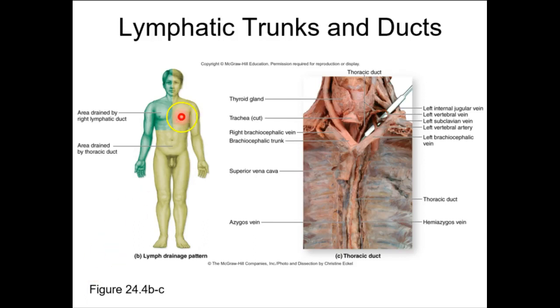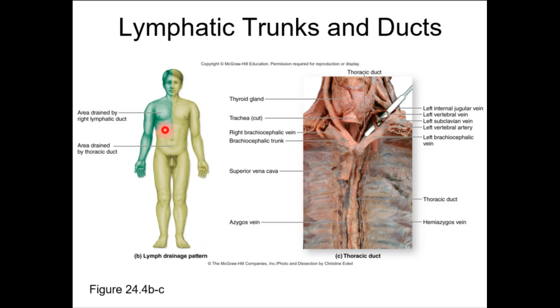Now, one reason that you have a big old thoracic duct and a right lymphatic duct, which is smaller on the right, is that lymphatic drainage is not symmetrical. You actually have 3/4 of your body draining through that thoracic duct, and the remaining quarter is drained by the right lymphatic duct. So the border is that respiratory diaphragm and that mid-sagittal line. So from your right respiratory diaphragm and your mid-sagittal line upward, this is drained by your right